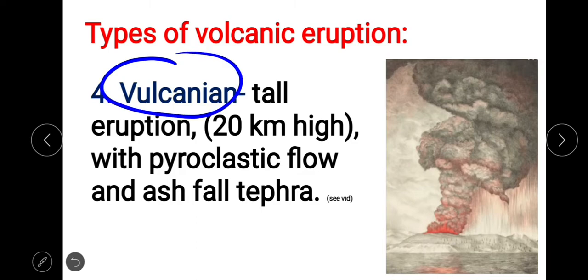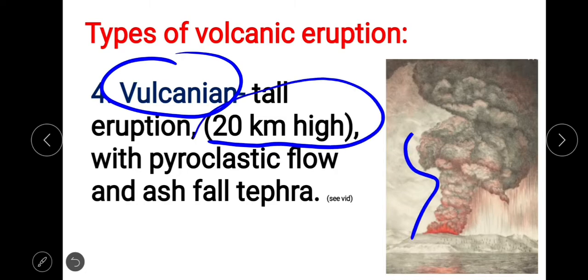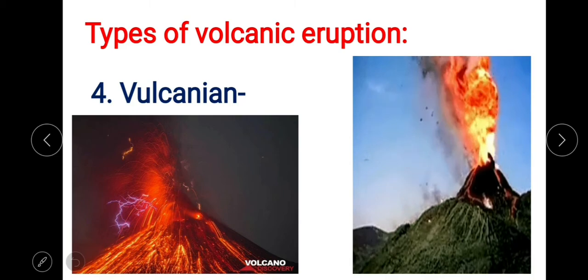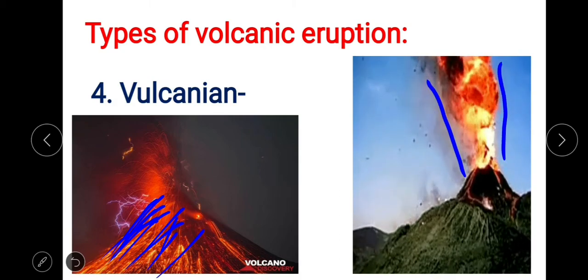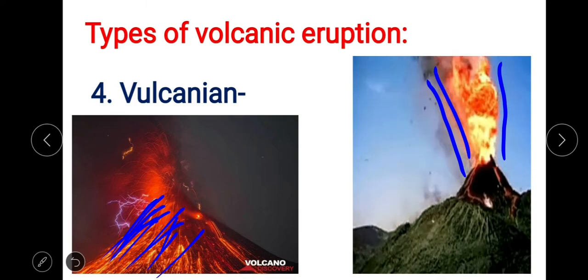We have the Volcanian eruption, quite stronger than the preceding three because it will reach up to 20 kilometers high, a very strong one, just like in this picture here, 20 kilometers high, with pyroclastics, lava flow, magma, rocks, ash falls, and many more. So this is quite stronger compared to the three, and if this happens, many would die. Just like in this picture here, more lava is coming out from the volcano. Aside from that, the smoke and molten rocks are very tall compared to